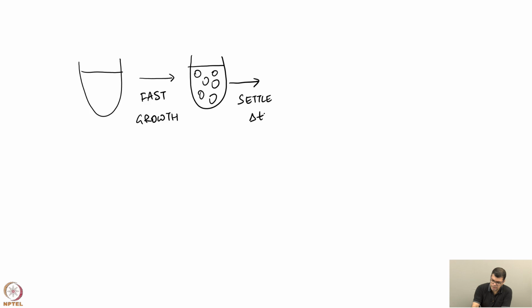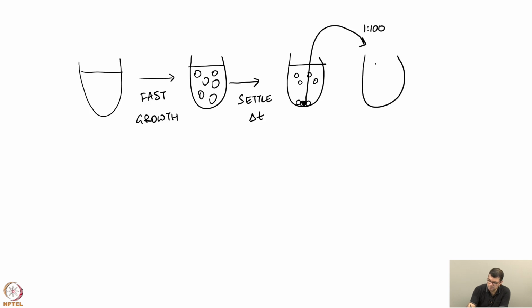for some delta t amount of time, and in this time cells will have differential propensity to sink in the tube. Some cells will settle faster, some will float, and at this time I sample from the bottom of the tube and only transfer that 1:100 fraction to the next tube. And this selection pressure is important to understand, because what you are doing in this scenario is placing a hard constraint. At this point, what is being done is that if you settle fast,